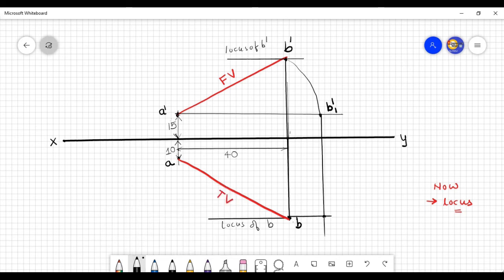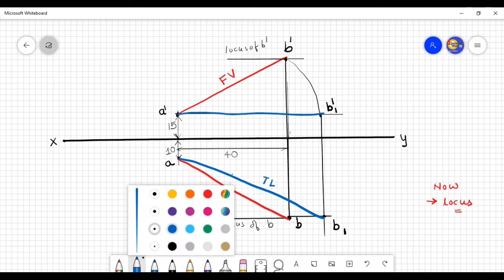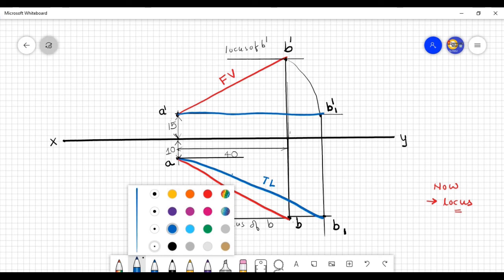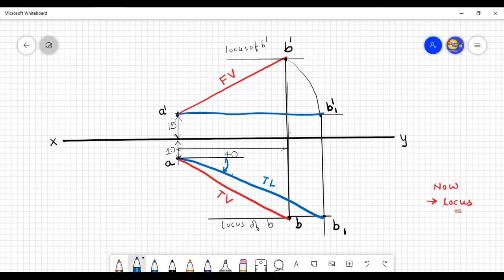With reference to that front view projection, let's transfer to the top view and locate the B1 point. So AB1 will be the top view projection, where we have only the angle phi, which we are considering, which is ultimately the true length for this problem. This is the reverse of the process we followed in the previous problem. This is how we get the true length, and once we get it, we can also find the true inclination with respect to the vertical plane, phi. That is also a question asked in the statement.